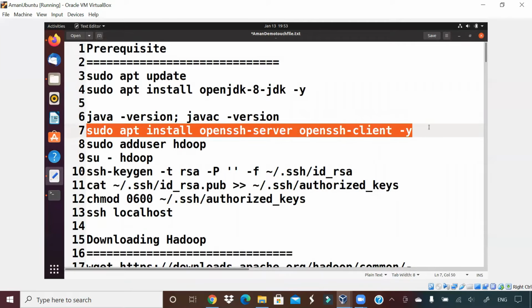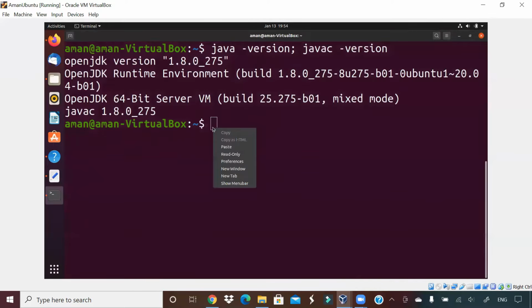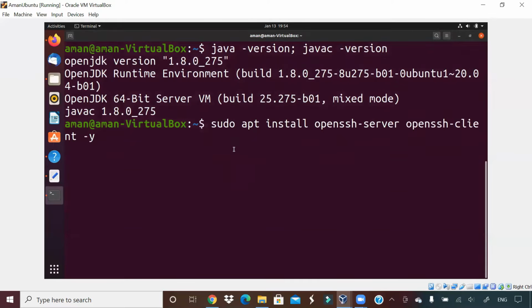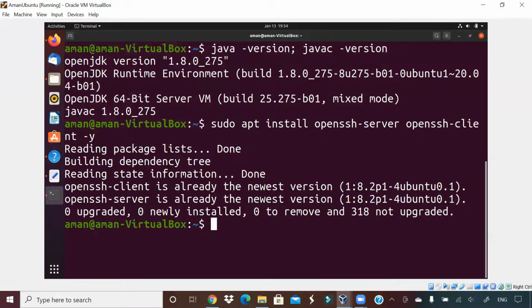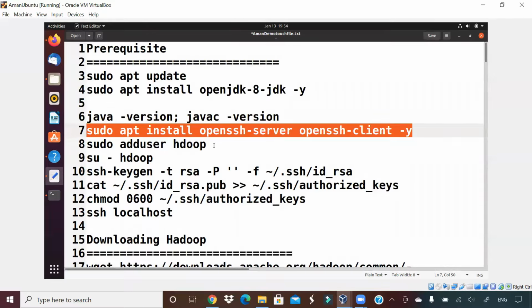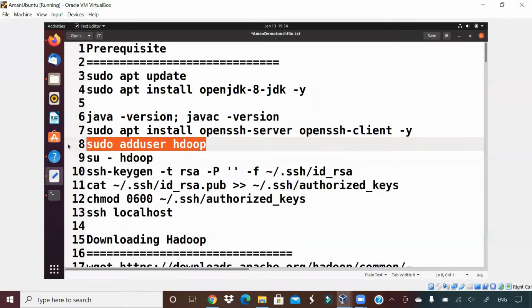What I'm doing here is I'm trying to install an SSH server. Now, what is the meaning of this SSH server, guys? Since Hadoop will run on the same machine where my Unix box is running, there has to be a connection between Hadoop and my Unix machine. This SSH server will give me that connection. Okay. So let me run this. I had also done one round of installation of this, so it is already there.